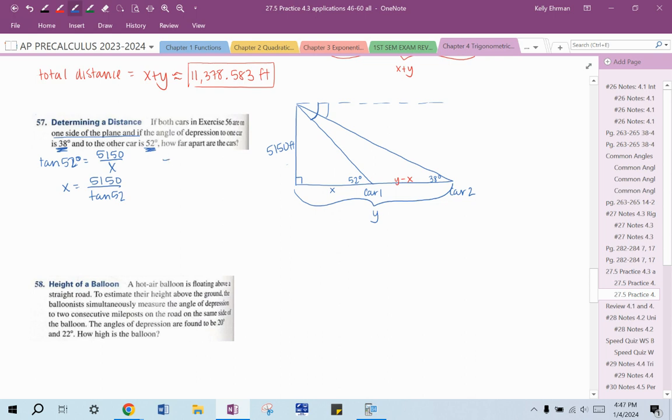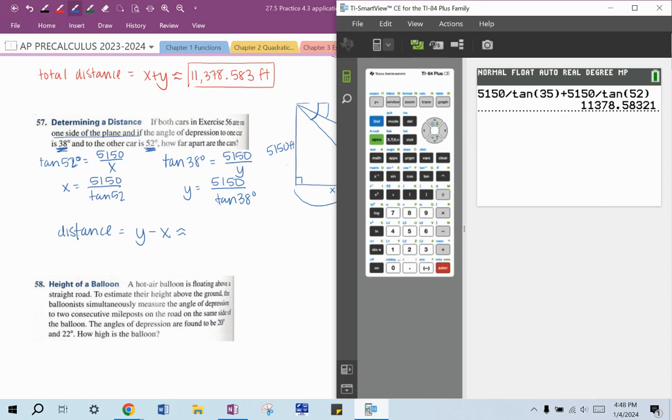So I can say the tangent of 38 degrees is equal to 5,150 divided by y. So again, y is 5,150 divided by tangent of 38 instead of just tangent of 35 like before. And just like I did before, the distance between the two cars is going to be equal to y, the larger value, minus x, and that's approximately equal to